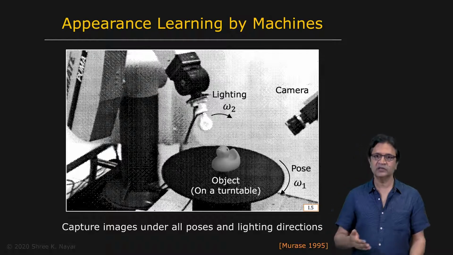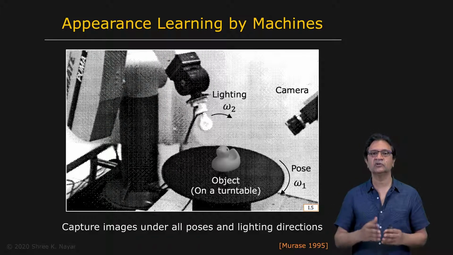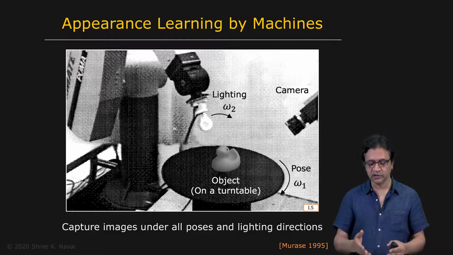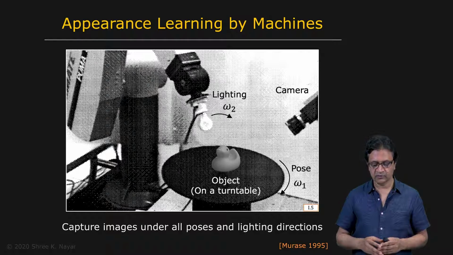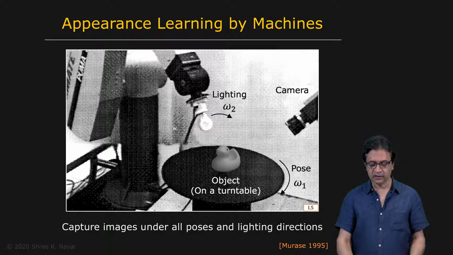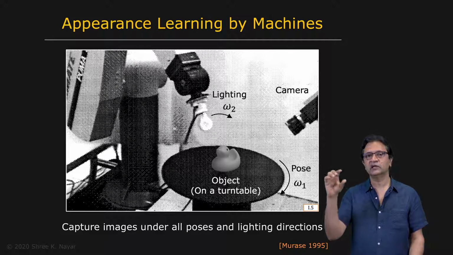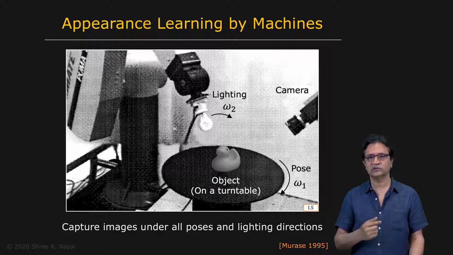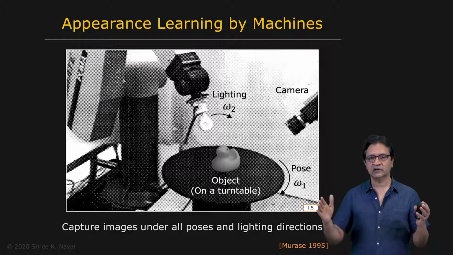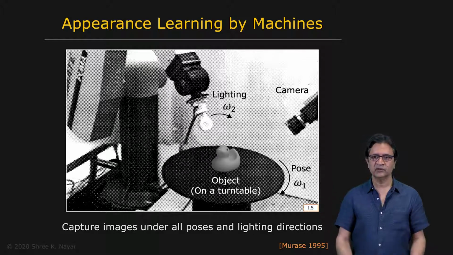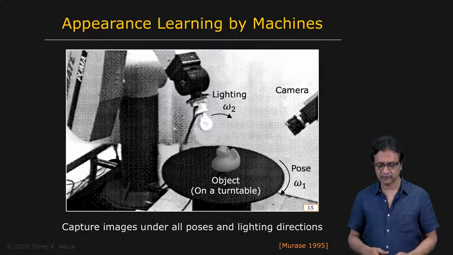It may be possible that in this particular application, also of interest to you is the illumination of the object itself. And so then you might change the lighting using this robot end effector. You see there's a light bulb there. You could change the lighting direction. And for each one of those lighting directions, you can spin the object on the turntable. And therefore, you get a collection of images where the object is seen under different poses and illuminations. So this is just a simple example.